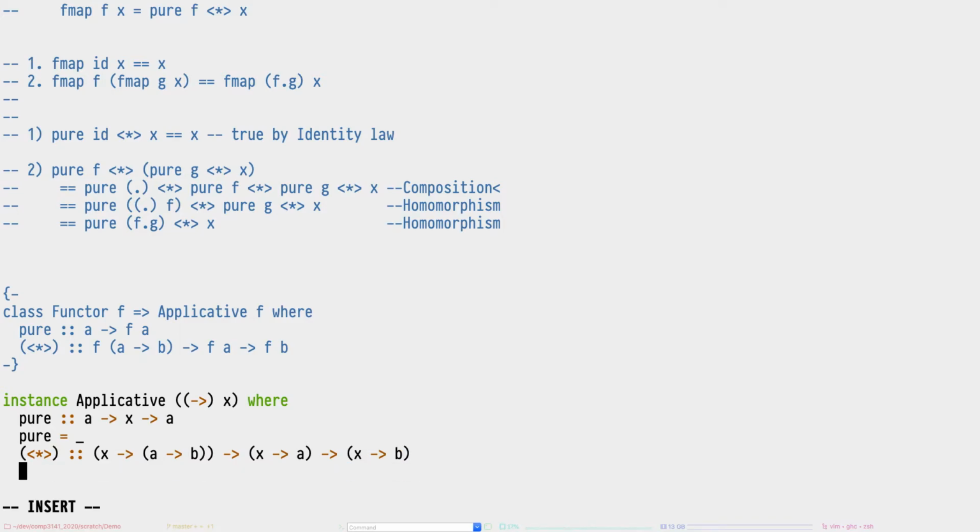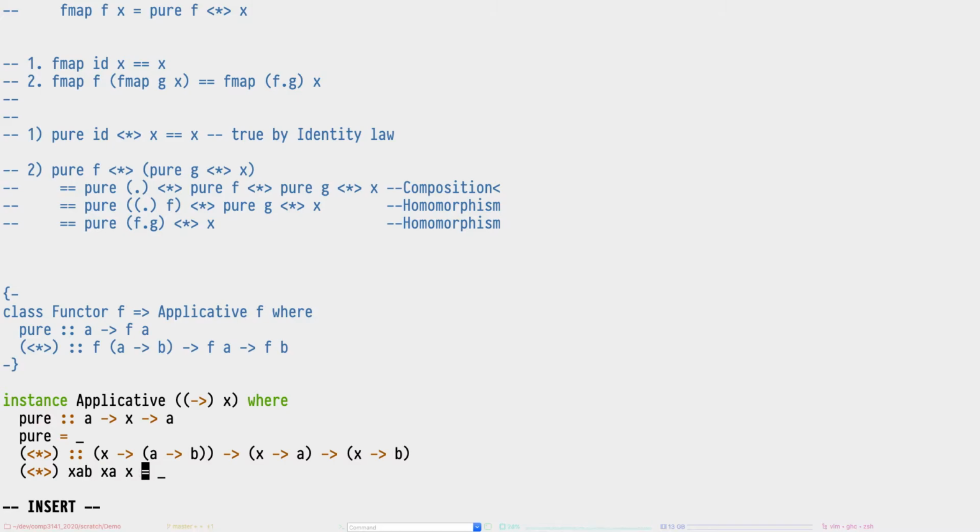Now this is actually a very important type. In computer science theory, this is known as the K combinator, and it's a part of a computational calculus called the SKI calculus. So if you've heard of that kind of stuff before, in theory of computation or what have you, this is closely related. In any event, we have our x to a to b function, and our x to a function,